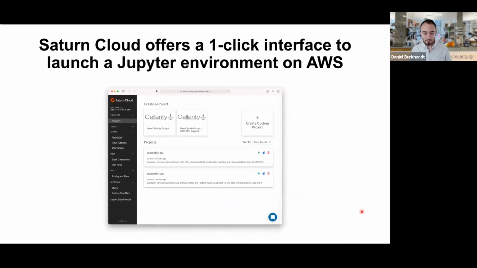As I mentioned, what Saturn Cloud is doing is going to be really important for getting folks more interested and involved in the competition. They're going to produce a dashboard like this. We use Saturn Cloud internally for some of our cloud compute, and you can just click a button and launch an instance that will load data for this competition and then allow you to start doing compute for free on servers that they're going to pay for, something like 100 hours for up to 1,000 competitors.